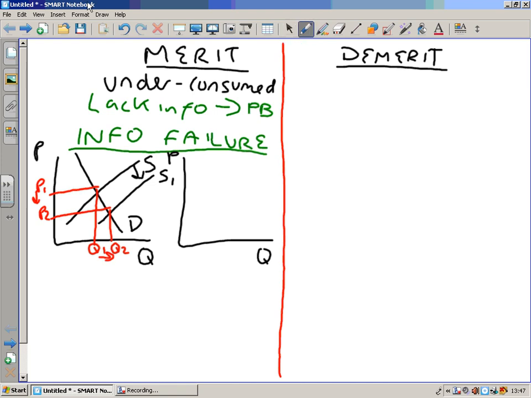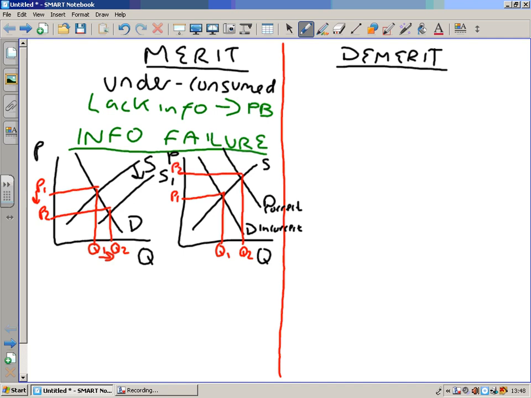If we went for the more difficult diagram, again we'll start off with an equilibrium diagram and we'll label it P1, Q1. However, the problem is that this demand line is incorrect. People are undervaluing the product. They should be at this demand line here, so the demand correct line. So if people consume this good in the right quantities and pay the right price, they would be at P2, Q2. So somehow we've got to get people to consume more of this product.